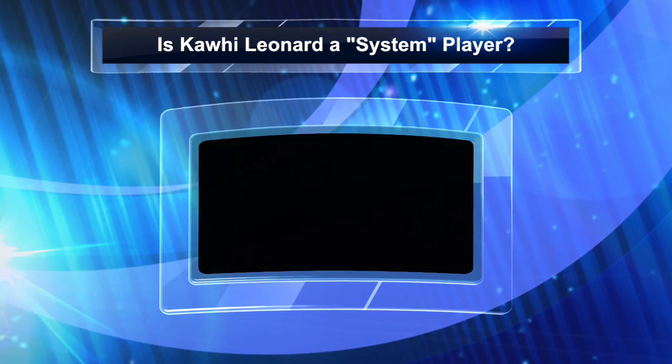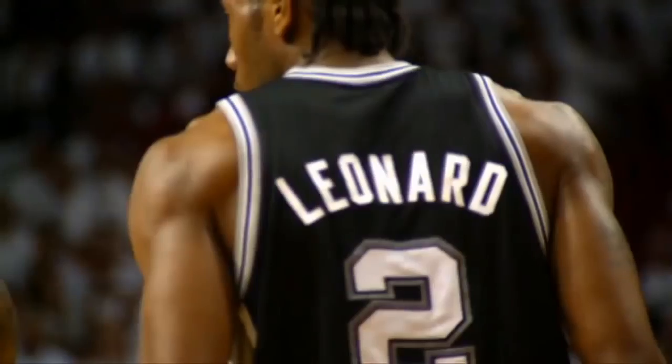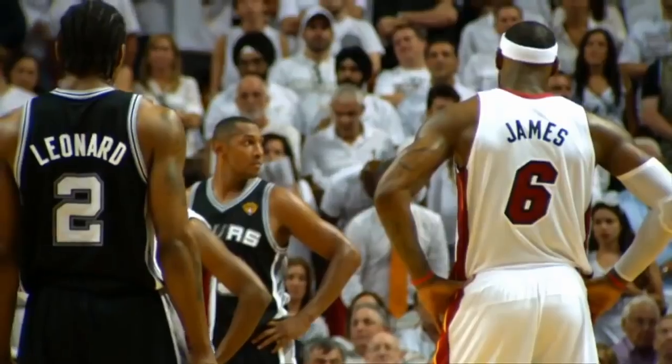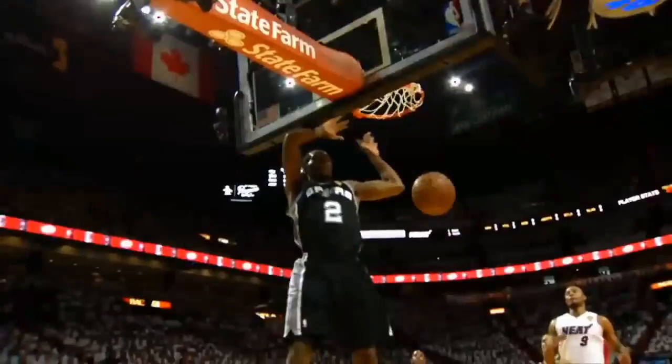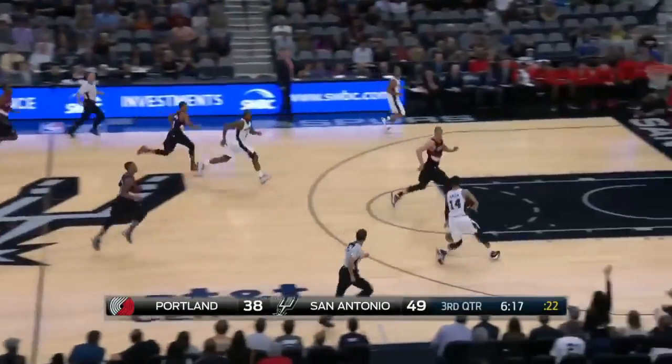Today we're talking about one of the most heavily debated topics I've seen over the past couple of years, and that is the ascension of Kawhi Leonard. Now, even the casual fans of the NBA acknowledge his dominance on the defensive side of the ball, but on offense, a lot of people have labeled him a system player, basically inferring that he's only successful because of the Spurs system, and that if guys like, say, Paul George were on the Spurs, that they would be just as